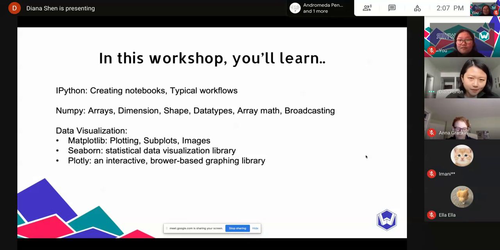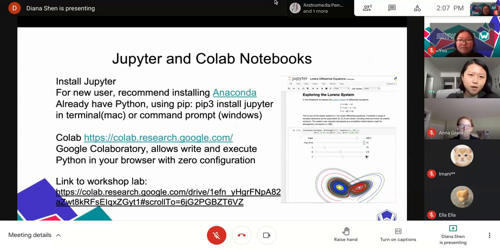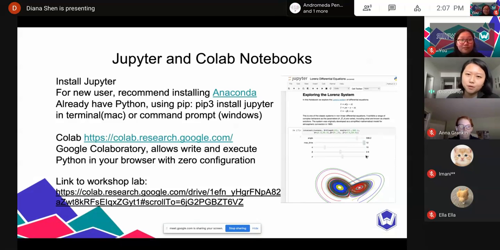Before we start, I want to take a few minutes to make sure that we have the environment setting ready. If you already have Anaconda or Python installed on your laptop, that's great. We're gonna use those, and you can simply use pip3 install jupyter to download Jupyter. If you don't have Python or Anaconda installed,